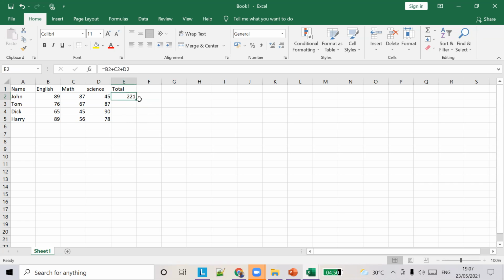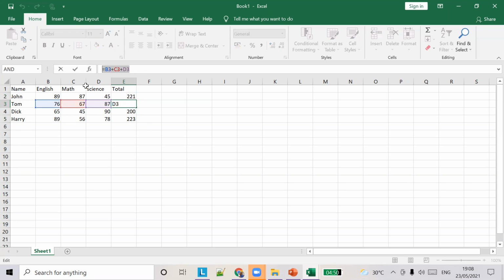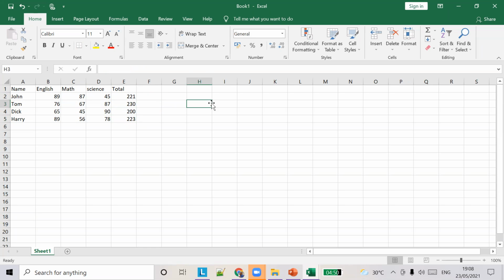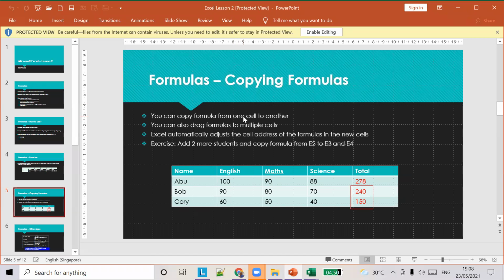select a cell, and there is a handle for it here. You can see the red dot here in the cell, right? You move to that, and the cursor changes to a different style. Click on it and drag it down, so you can copy the formula here. When you move to the particular cell, you can see the formula of that cell automatically updated. So this is how you copy formulas to subsequent cells.